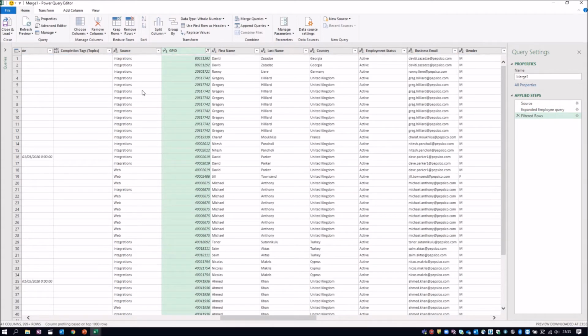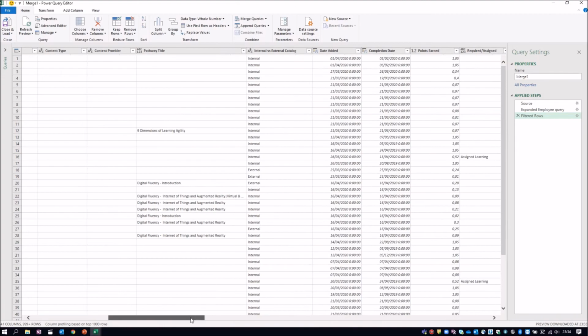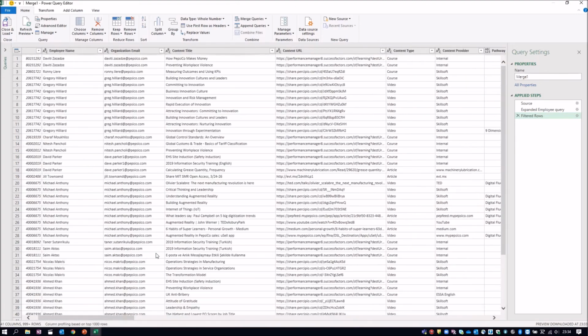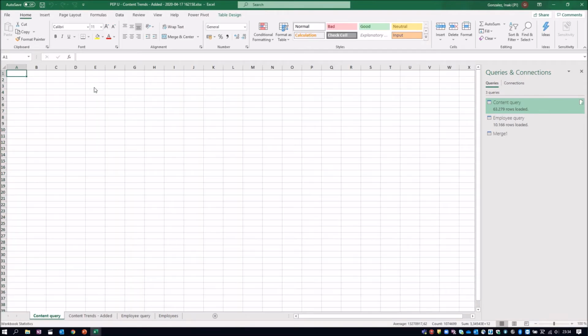From the 63,000 roughly contents we had in the period in PepsiCo, only 5,000 of them were completed in Europe. So those are the ones I want to display. Very good. Now I can save. That's going to create a table called merge1.